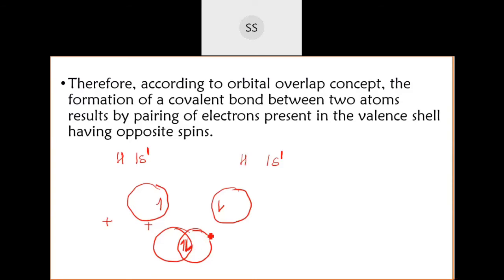Okay, yes, I will continue, students. So this was the last class VBT concept which we have finished. Now we will start with what are different types of overlapping which is happening. When you have different kinds of orbitals, the overlapping which takes place is also of different kinds, because some are oriented in different directions. You have spatial arrangement of orbitals.